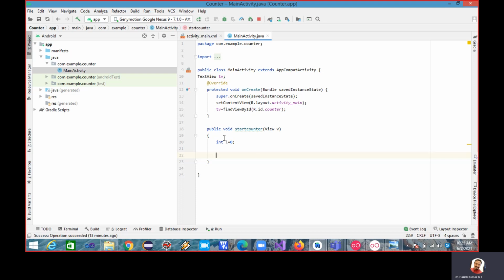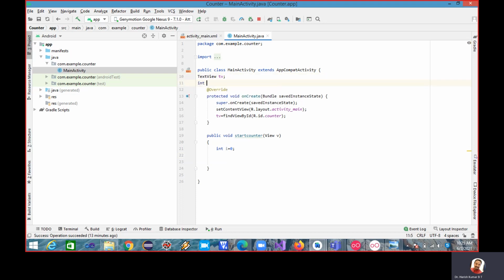So now I have taken a local variable i and I've initialized it to 0. Now here let me take one more global variable with the name int t. Now here I'll initialize t is equal to 1. Now here, while t equal to 1,